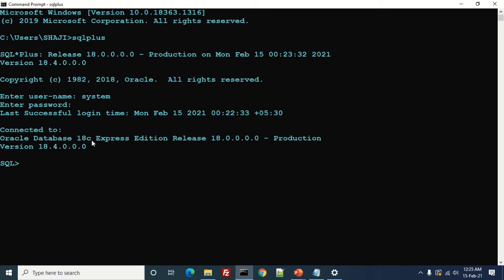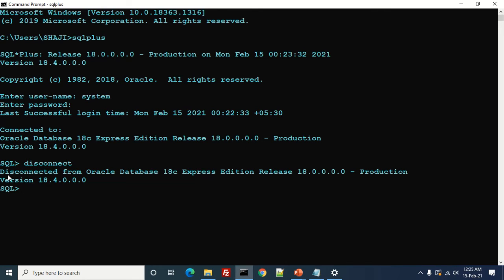Now let's see how to disconnect from Oracle Database. The command is disconnect. Press enter. You can see now you are disconnected from Oracle Database 18C.